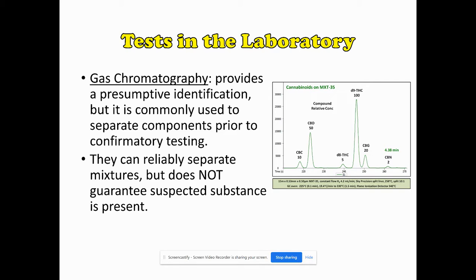So what we see here is a gas chromatogram. That's what the graph would be, of cannabinoids that were separated using gas chromatography, and basically you separate those substances. And the reason why that is useful, for one, is that there are many states like Kentucky where hemp is legal, but marijuana is illegal. And the only thing that separates marijuana from hemp legally is